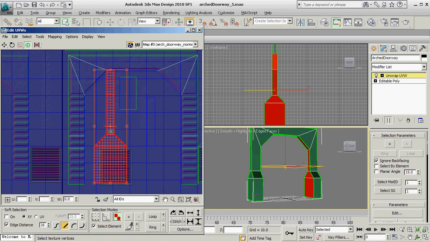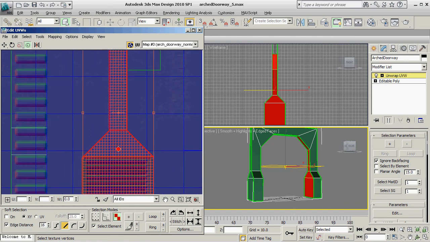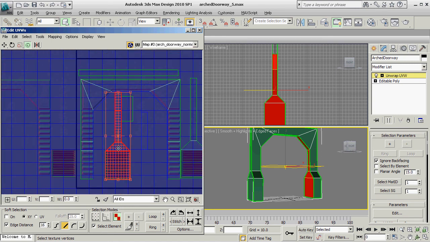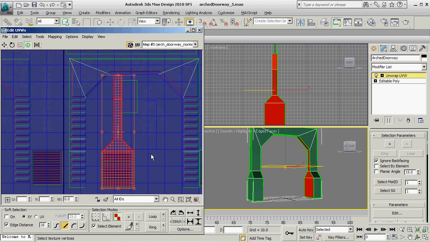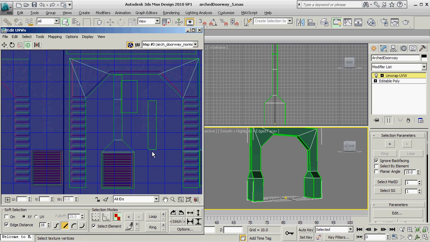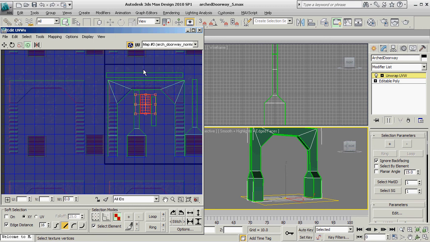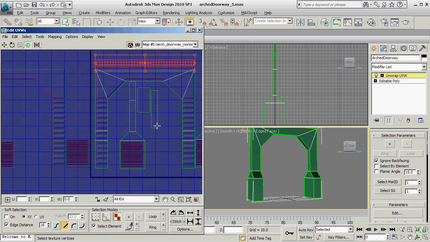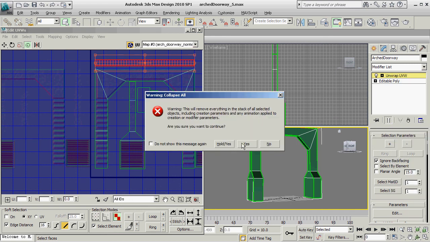Again, for the inside legs, the underside of the arch, the bottom of the feet, and the upper side of the arch. Once we've done that so it lines up properly, I can collapse that again,